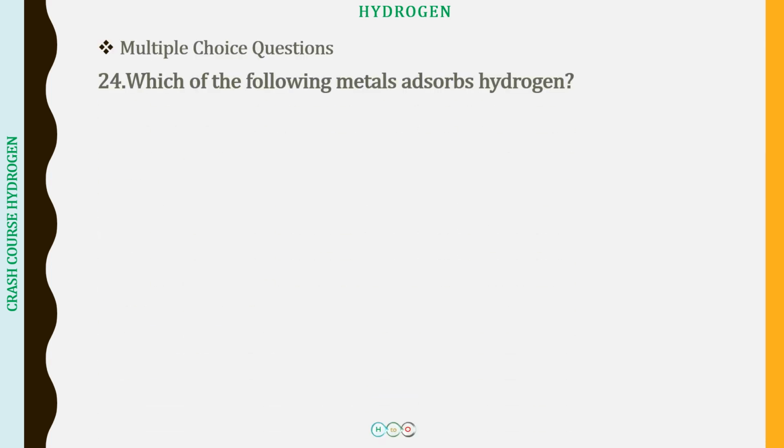Now the next question, which of the following metal absorbs hydrogen? So with this, for the next 5 questions, we are going to discuss the properties and uses of hydrogen. And as far as my detailed course on hydrogen is concerned, this is going to be lecture number 6. So you can watch that lecture in case you have any doubts. So which of the following metals absorbs hydrogen? The choices are zinc, palladium, potassium, and aluminium.